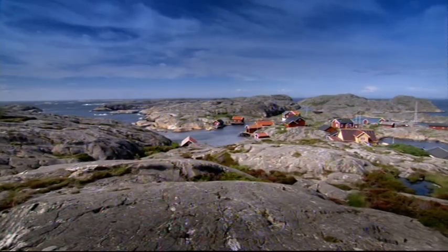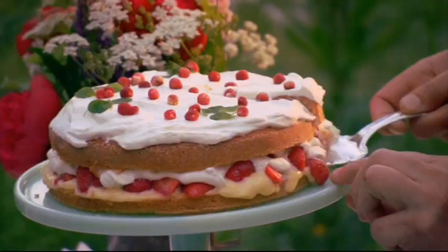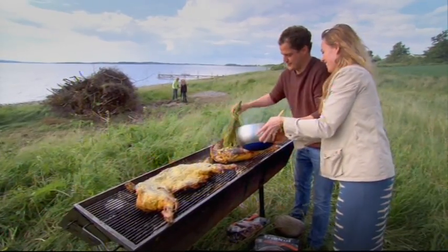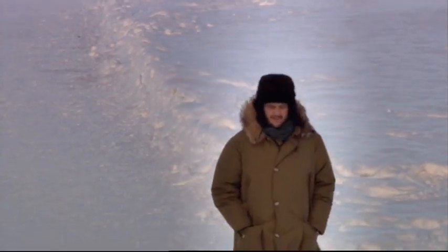There are 3 magical kingdoms in the far, far north that are a food world unto themselves. Oh, look at those. They're big ones as well. I'm Valentine Warner, an adventurous cook on a culinary journey. I'll be travelling from Denmark to Norway and on to Sweden, from summer through to winter, bringing delicious dishes to